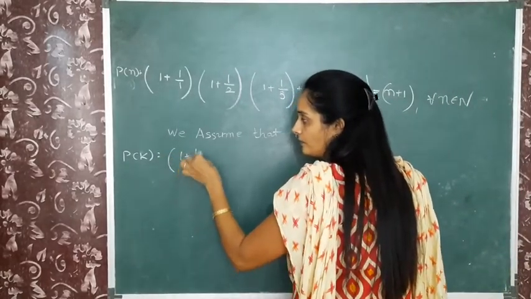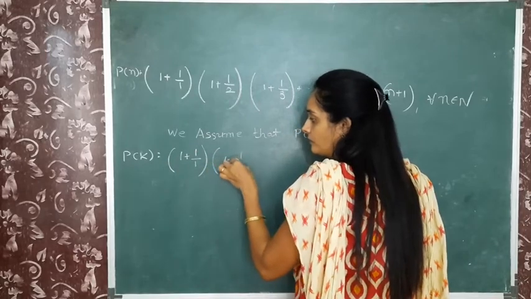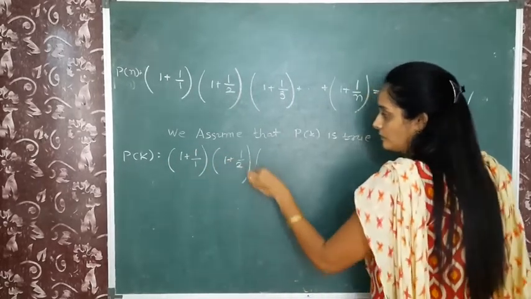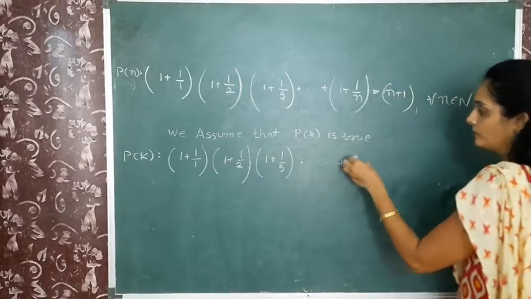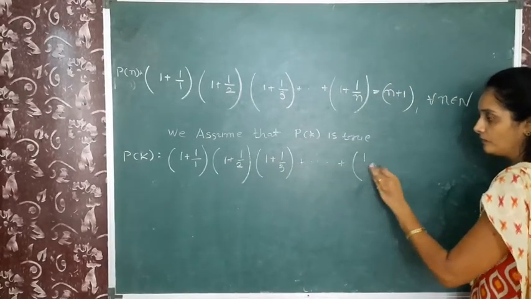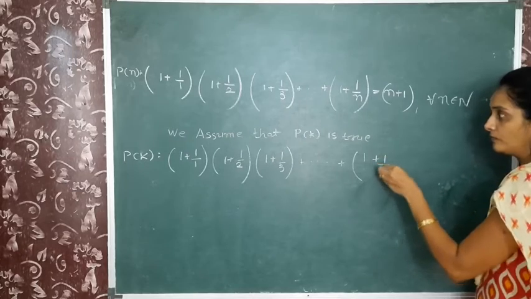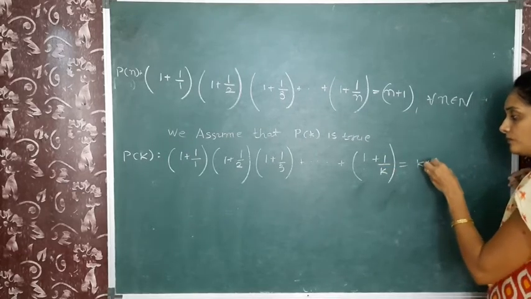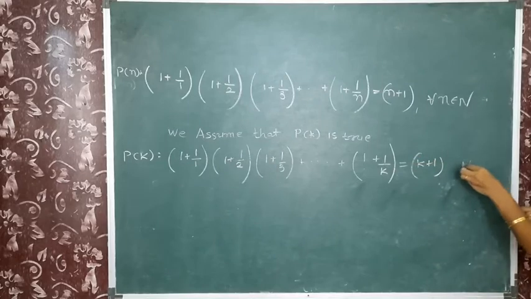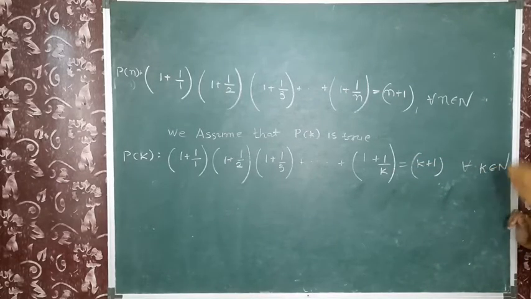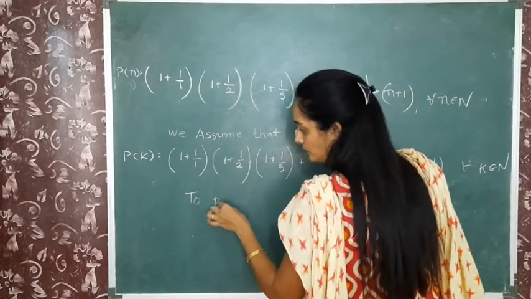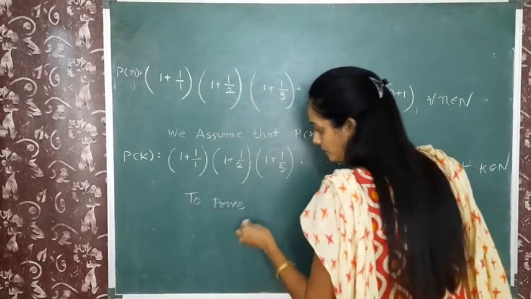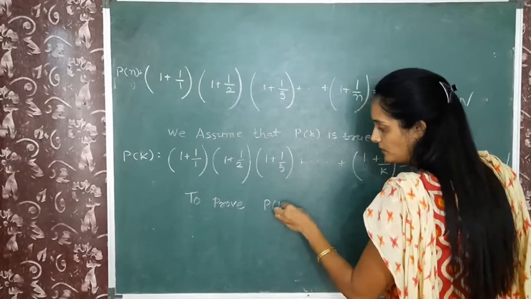So k plus 1 for all k belongs to n. And now to prove P of k plus 1 is true,